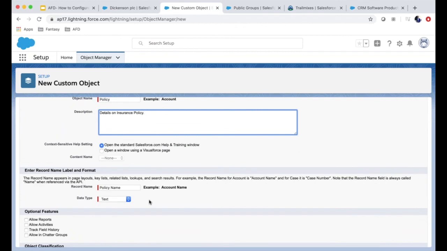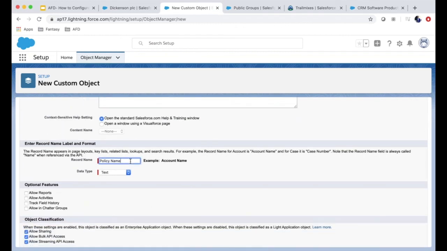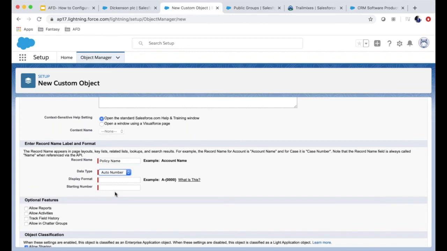Then you could type record names, meaning the label format. It could be a text or policy, or you could put an auto number. Auto number means it's going to increment for every record that is created, so it's going to be unique. Say for this, instead of policy name, we will use policy number. And then display format, meaning this would be the format